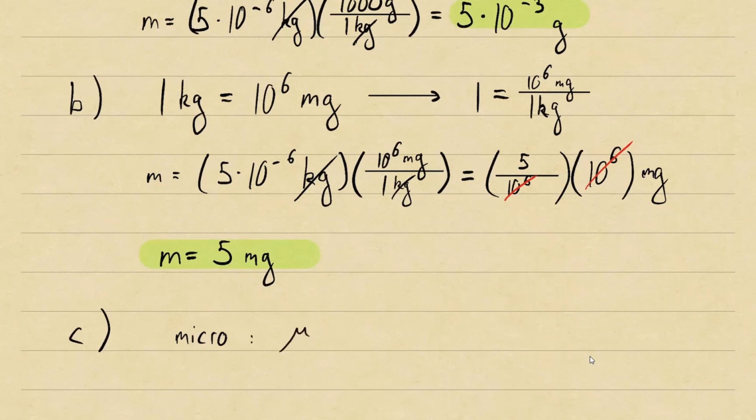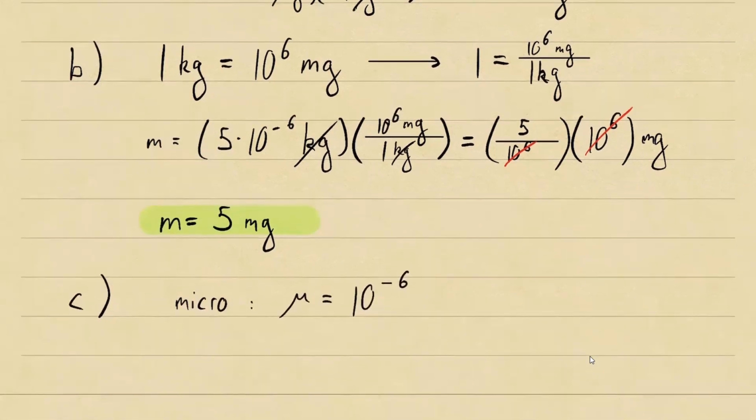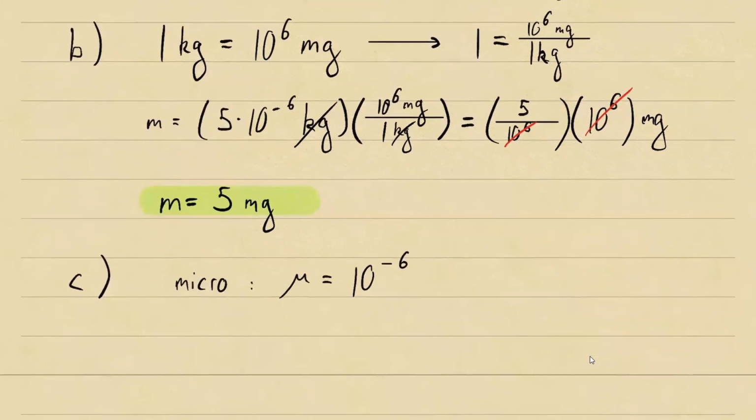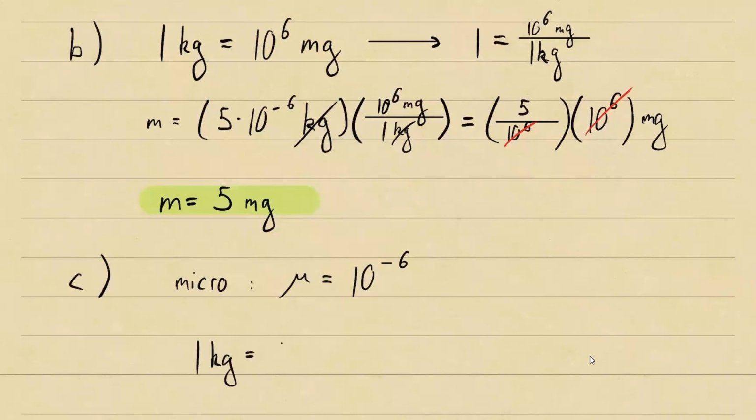Let me draw it. There we go. And this is on the order of 10 to the negative 6. So the information that we need to do this unit conversion is that 1 kilogram